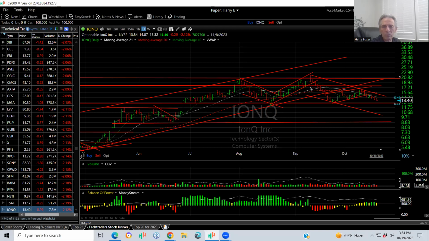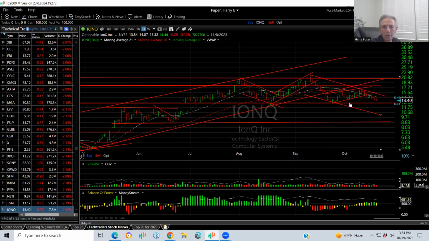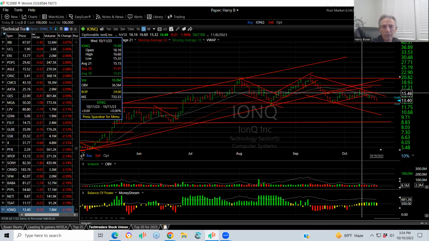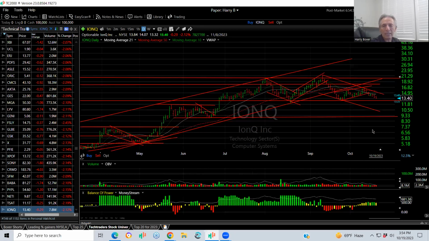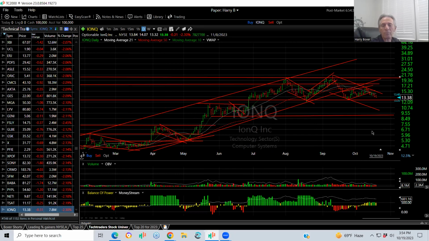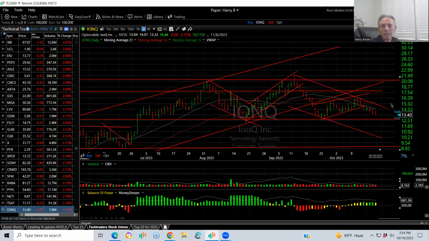If you look at a measured move, the stock went from 2160 to 1296, about 8.75. If it drops 8.75 from here, you're looking at $8. It's very possible it could be down in that range. But I think it probably has closer to 10, a better place to buy it. You don't know how far a stock goes down once the downtrend starts. So I would avoid it altogether until I see it go back up again.